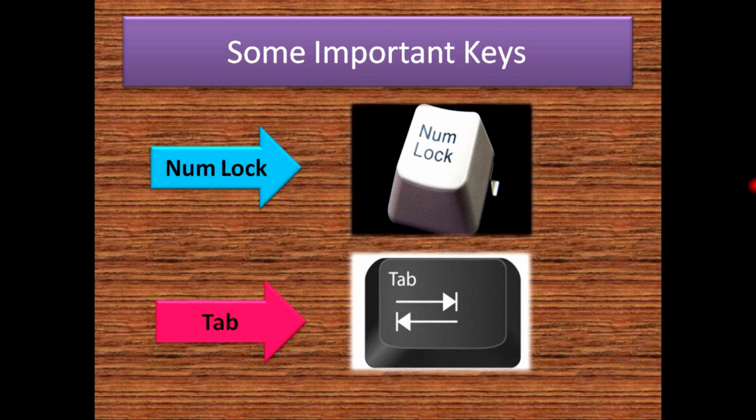Then tab. Mostly we use tab to give the equal alignment when we are typing something in the form of paragraph. Just like when we are typing paragraph in Microsoft Word, we need tab. We press tab, we give the distance like 2 tabs, 3 tabs, and automatically we can adjust the next lines accordingly as we set the first line by applying the tab. So you can make your paragraph in an arranged form by using the tab. You can say this is the definition.